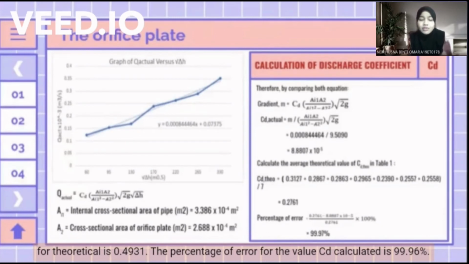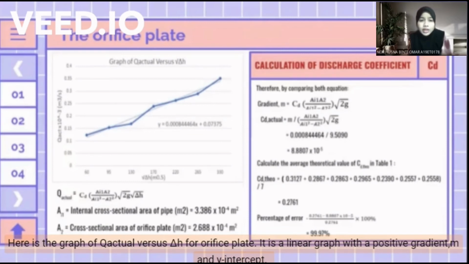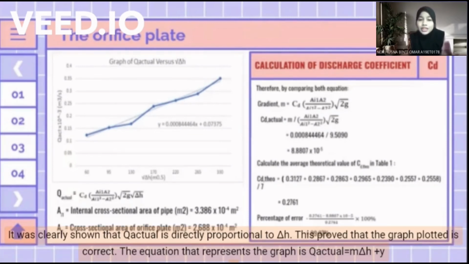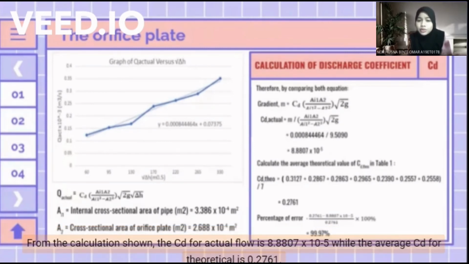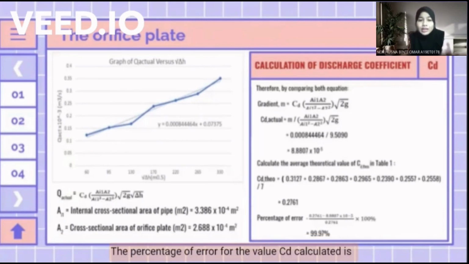Next is the graph of Q actual versus delta H for the orifice plate. A linear graph with a positive gradient and positive y-intercept. It was clearly shown that Q actual is directly proportional to delta H, proving that the graph plotted is correct. The equation that represents the graph is Q actual equal to gradient times delta H plus y-intercept. From the calculation shown, the CD for actual is 8.8807 exponent negative 5, while the average CD for theoretical is 0.2761. Thus, the percentage of error for the value CD calculated is